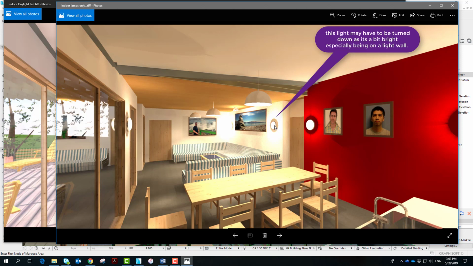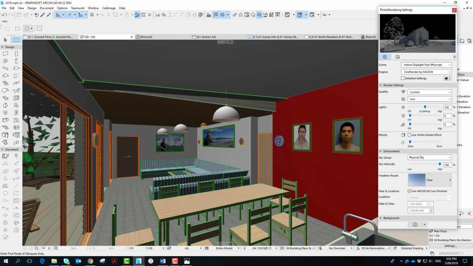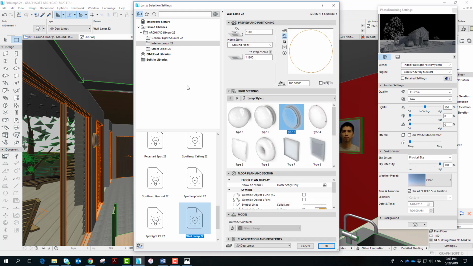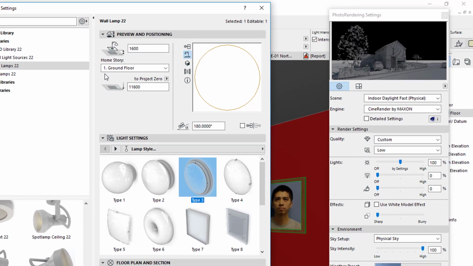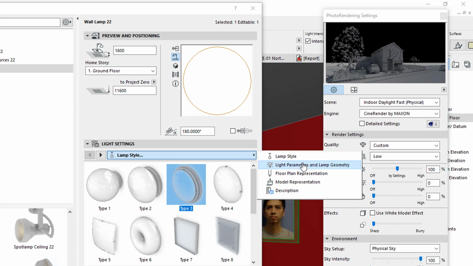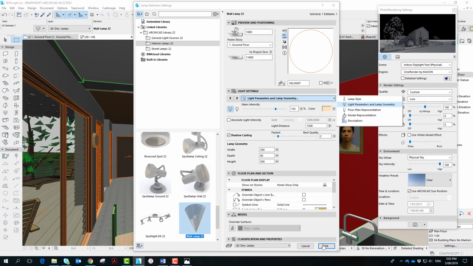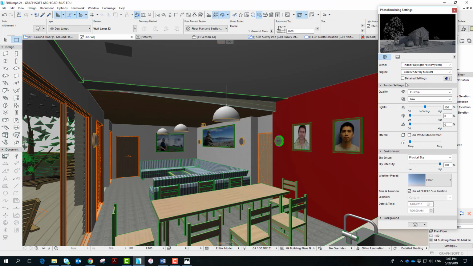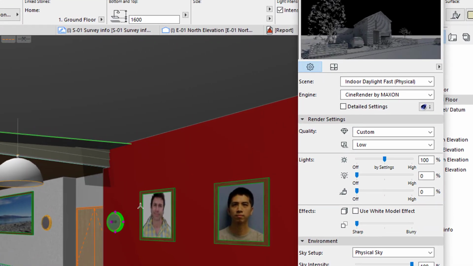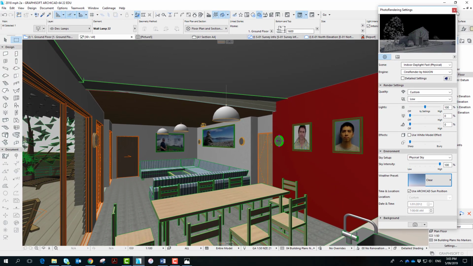This might be slightly bright, and if that one's slightly bright, what you would do is just go in and select the light here, and you can adjust the light settings here under, I think, parameters, main intensity, so you could turn that down a little bit, or you can also try changing stuff over here where you've got the lamps. The one I showed you with lamps only, I obviously turned these up because it would have been a bit dark, and I did it with a kind of twilight sky on the outside as well, so you can get some nice combinations there. Okay,